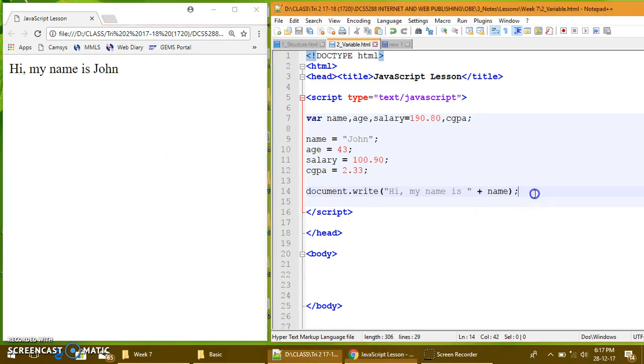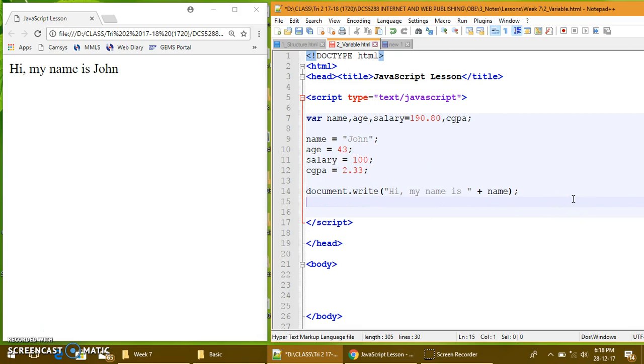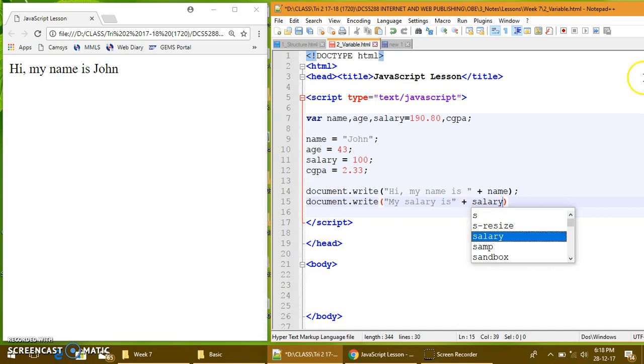Alright. So now let's display salary. Okay, let's change the salary a bit. Let's say I put 100. I just put 100, my salary. So I want to display this particular salary. So what I do, I can do another statement, document.write, and then I put "my salary is", close, and then I put plus, I put salary. Okay, so semicolon, don't forget,